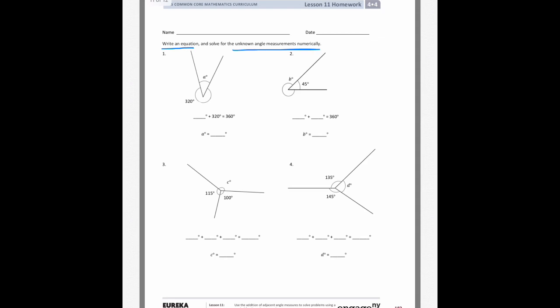So here we're starting off, we're going to look for angle A, or the degrees of angle A. And it's pretty easy because it gives us the other piece, which is 320. And we know they're going to end up being 360 because that's the whole circle. So we're going to say 360 minus the piece we know, which is 320, and you're going to end up with 40 degrees. It's pretty easy to start off with. Now this is probably the easiest example we'll have, but it's showing you that we need to subtract to find